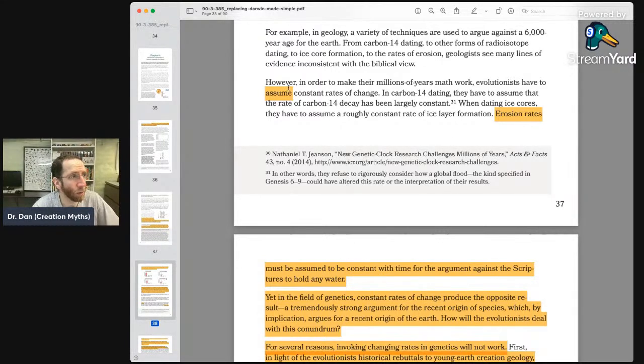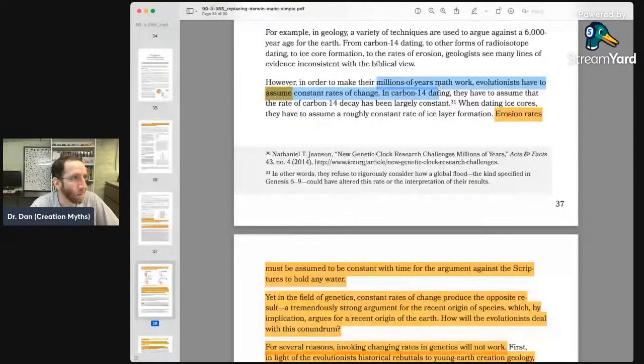So he says evolutionists have to assume, buzzword, drink, evolutionists have to assume a constant rate of change to do things like radiometric dating. Now, we don't have to assume that. We have direct evidence that the rates of radiometric decay are consistent over time, going back at least 2 billion years, because of something called the Oklo natural nuclear reactors. I'm not going to go into it now, but you can Google that. Eventually, I'll do a video on it. It's super cool. But we know that they're consistent. We don't have to assume that.